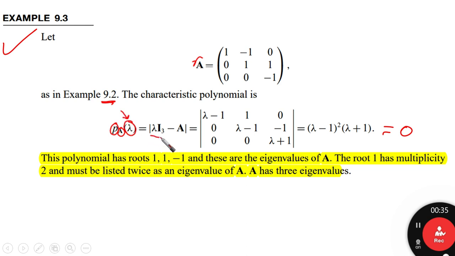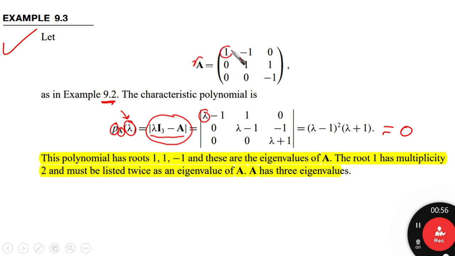is going to be the determinant of lambda times the identity matrix I3, where 3 is the order of it, the number of rows and the number of columns, minus A, equals 0. So we are going to put this determinant as it is. It is going to be lambda minus 1,